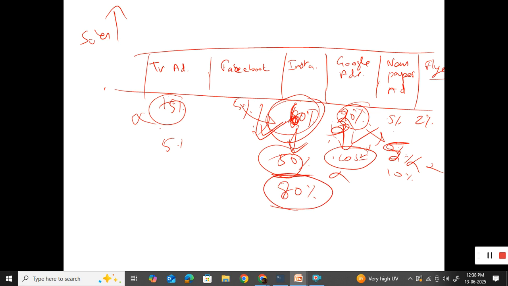This helps you to understand where to invest more. Otherwise, what will happen? You are blindly investing more on Google ads. Let's say you are investing 60 percentage here, but the return is just 10 percentage conversion. So why should I spend 60 percentage here? Then we are wasting money, isn't it? Is it clear or not? Are you guys with me or not?